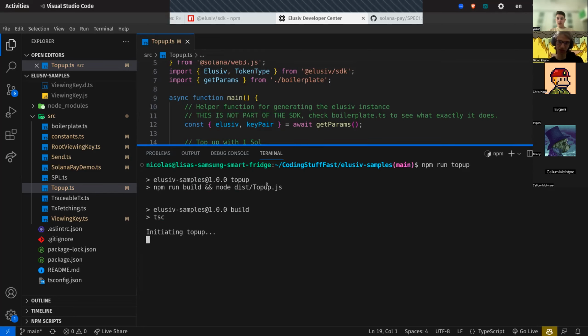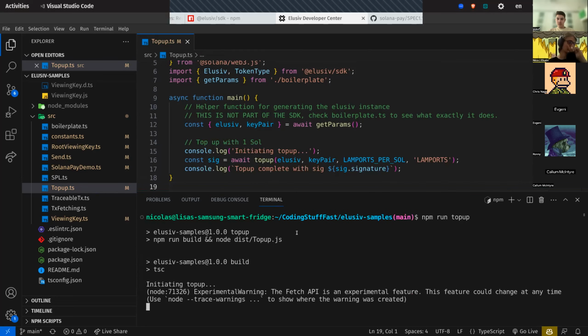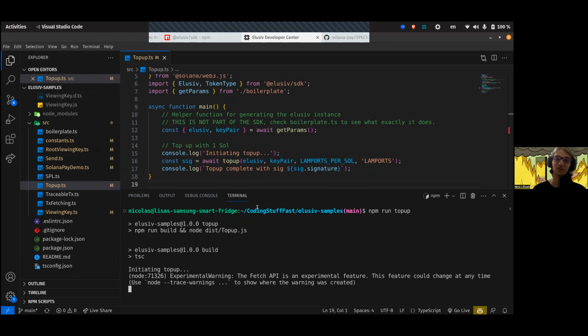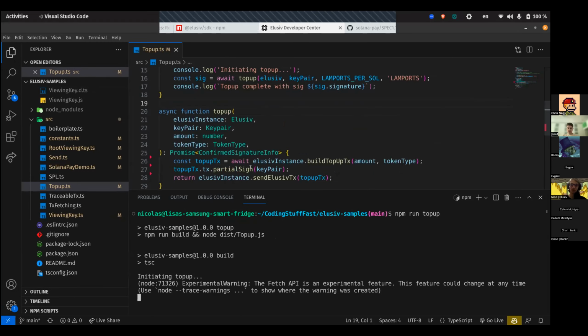Exactly, it's saying initiating top-up. And then something we'll notice here is, unfortunately, this takes a little bit longer than your conventional super fast Solana transactions that you might be used to. This is also linked to the reason why some of you who have worked with Solana before might be a little bit surprised: why are we sending off the transaction using this elusive instance rather than a connection object